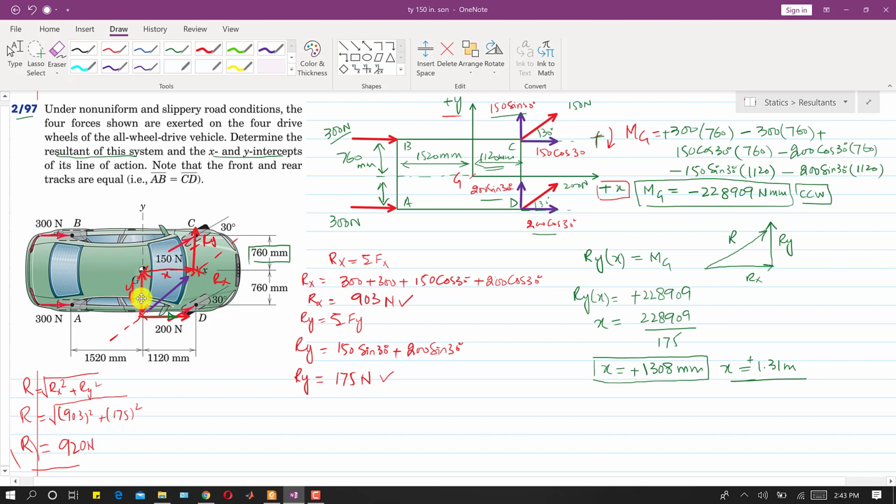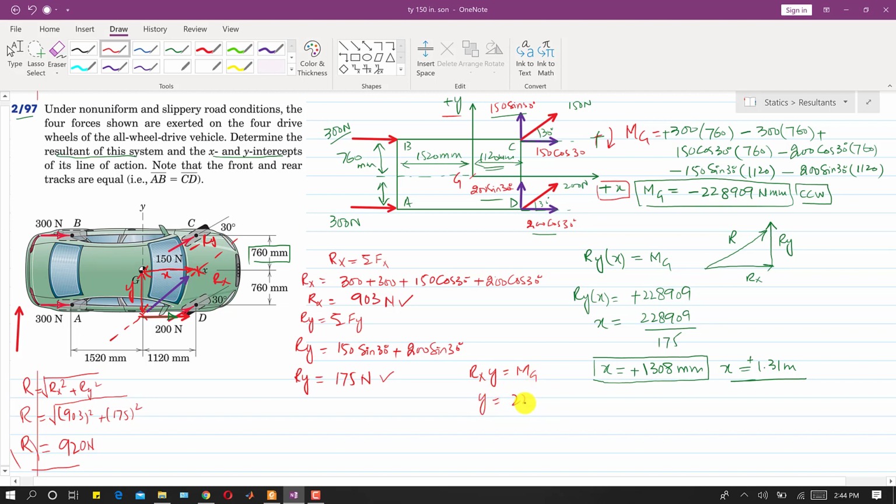This Ry is passing through point G, so it will not produce any moment, so there is no need of it. So only in this case the Rx component is producing moment about G, so I will write